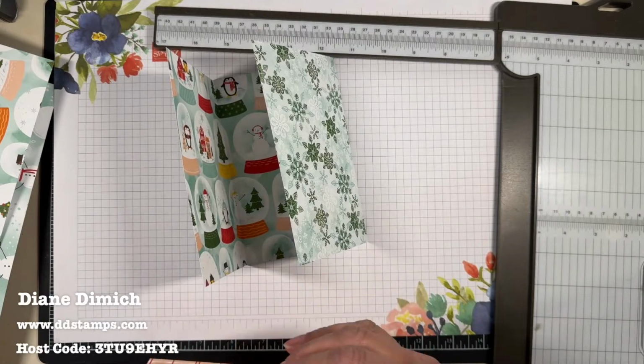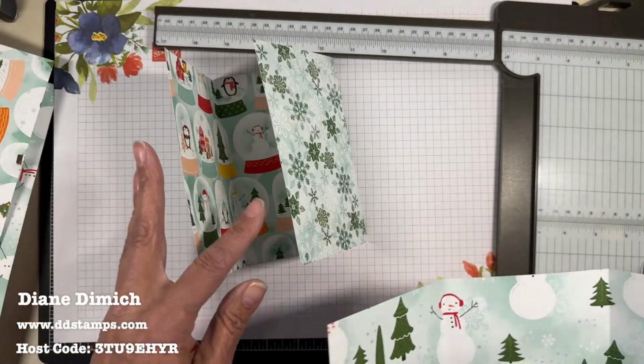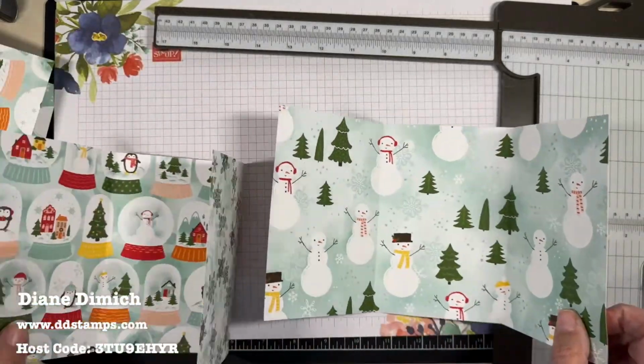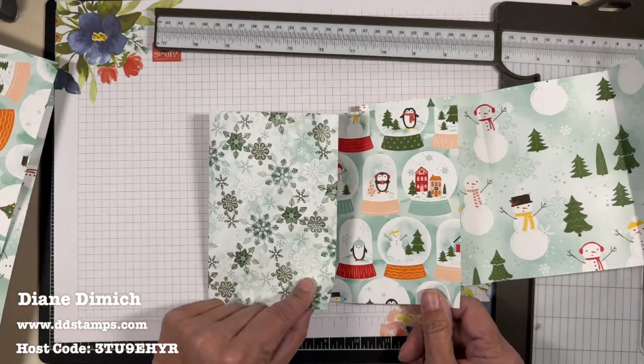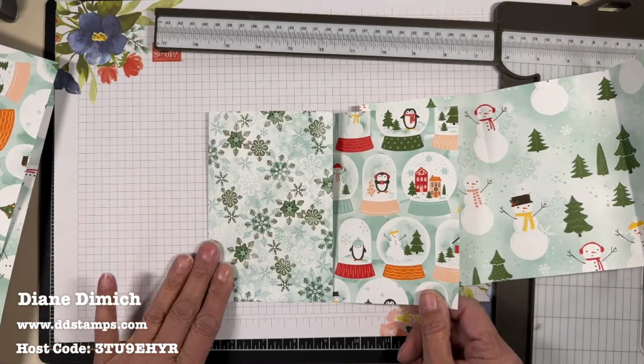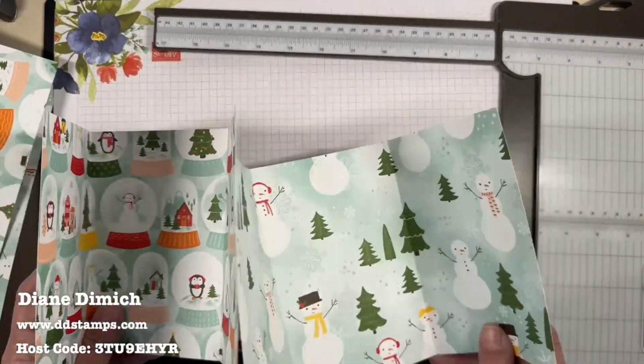That is so pretty. That's pretty paper. All right, so what I did, I'm just going to start with 2 of them for right now, so we don't get things too jammed up and confused. So what you're going to do is decide which side is going to be the pocket. I'm going to have this be the side with the pocket, and then this piece is going to be,